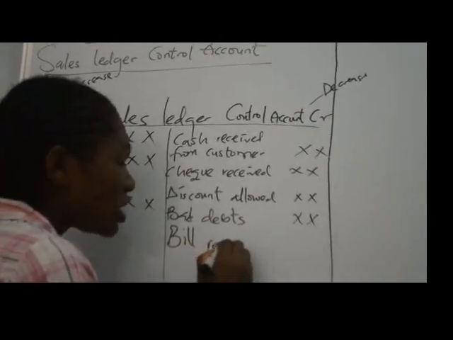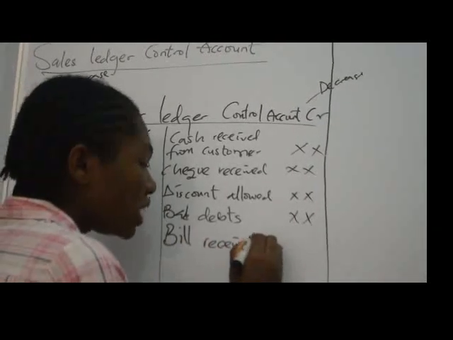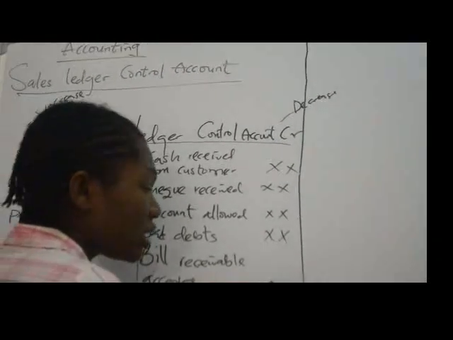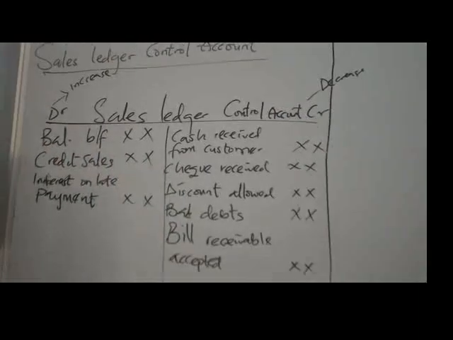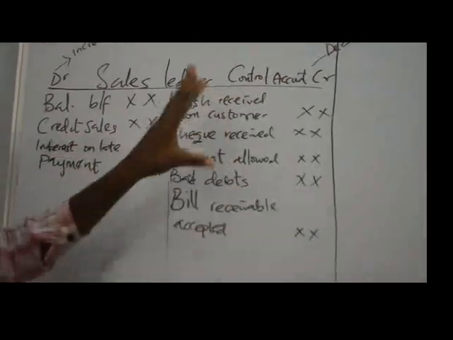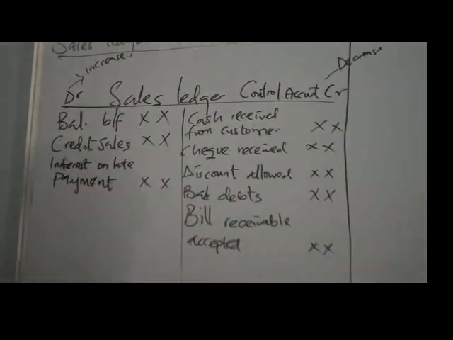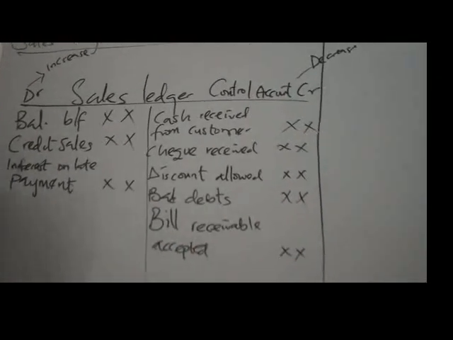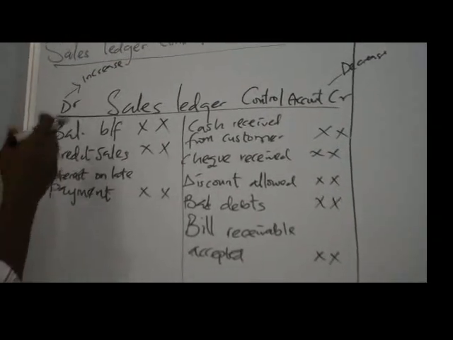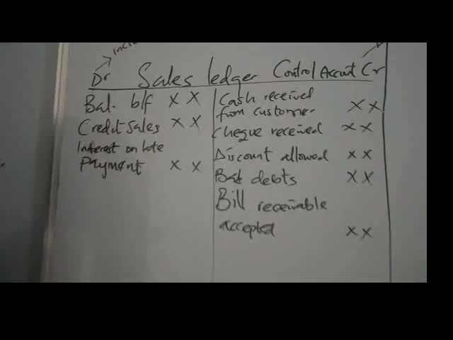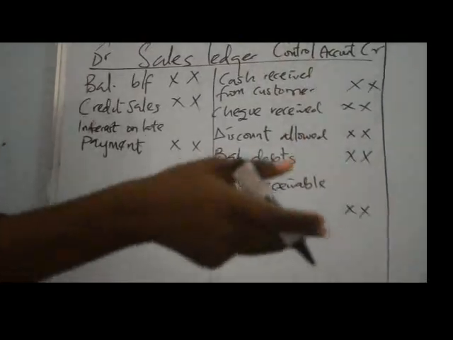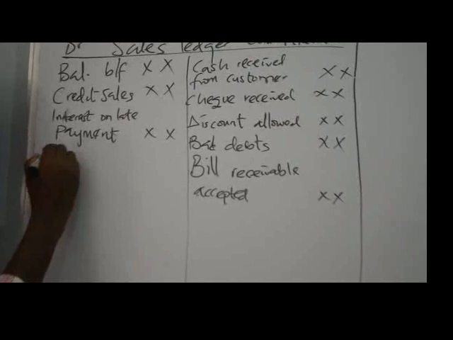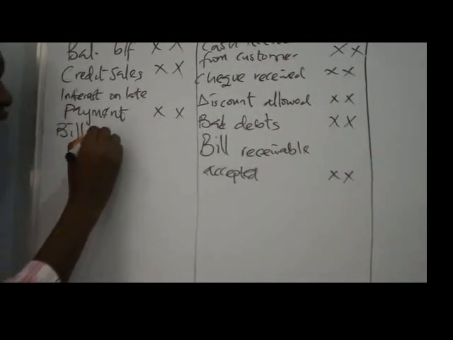So when we have bills receivable accepted, we'll be crediting that, because that will be reducing, like I said, our decrease. It will be reducing the total amount owed by the debtors. But when they dishonor the bills receivable, it becomes a liability on them, or that means they are owing more, so it becomes an asset to the business, a liability on them. So it becomes an asset, meaning their debt will increase. So when we have bills receivable dishonored,